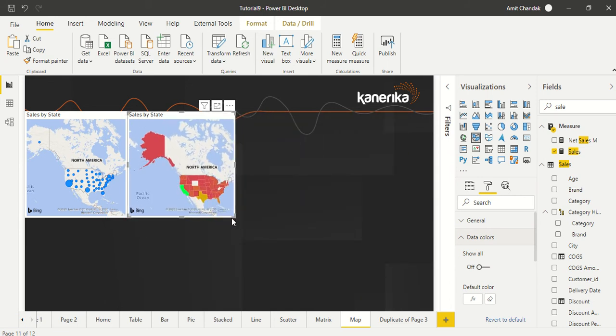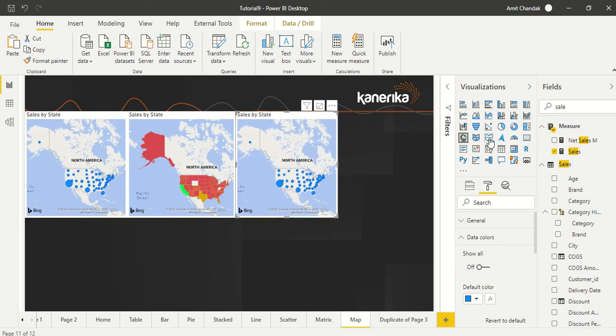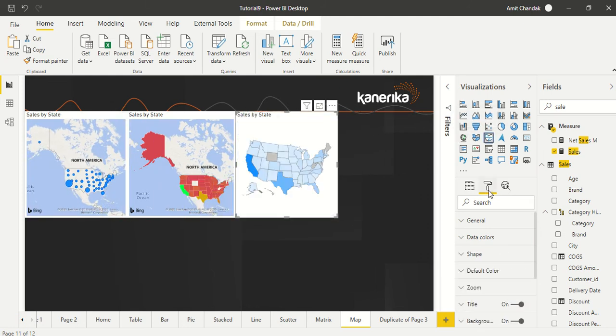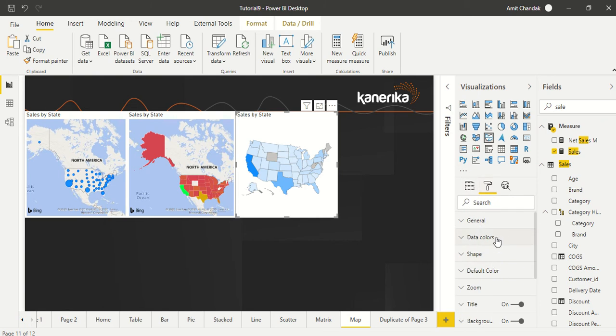Now let's copy this visual again, create one more, and make this one the shape map. Once we make the shape map, let's look at where things are. We already have it inside the color saturation, and we can see that it is already giving some kind of color saturation here. Looking at the properties, they are very similar, but here the colors are available and we can choose what colors we want.